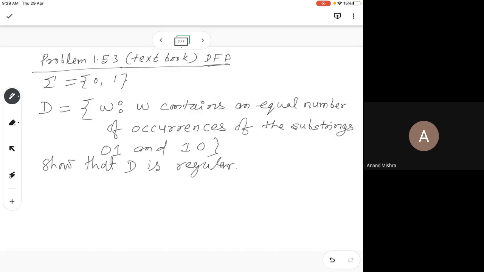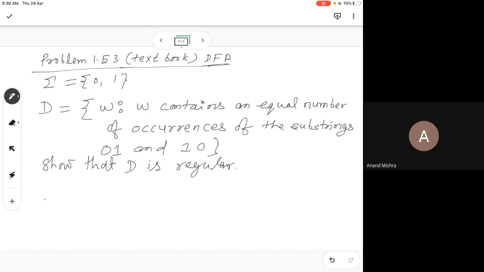then obviously that language is regular, right? So we will try to design a finite automaton for this particular language. Though this language looks very similar to equal number of zeros and ones, no? That is not it, so there is another language,